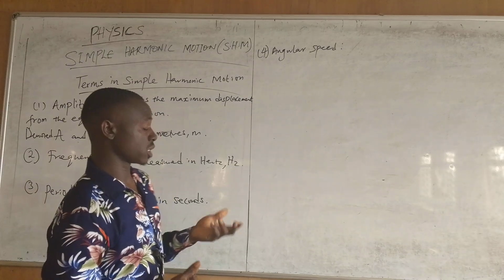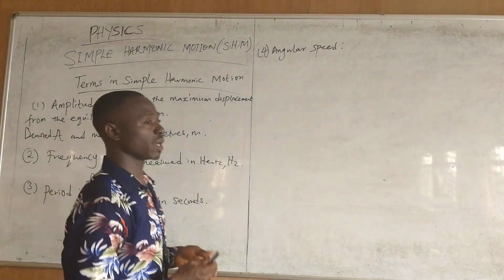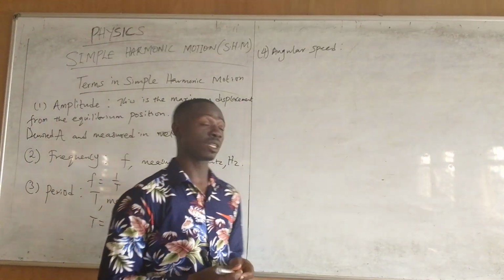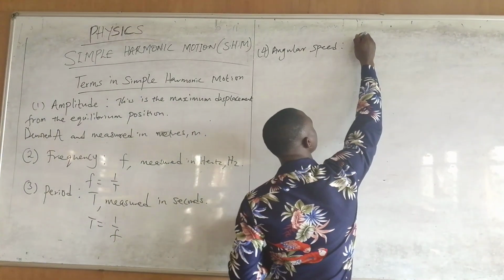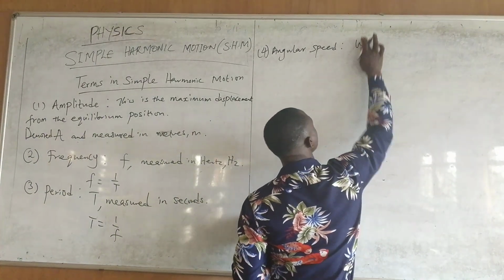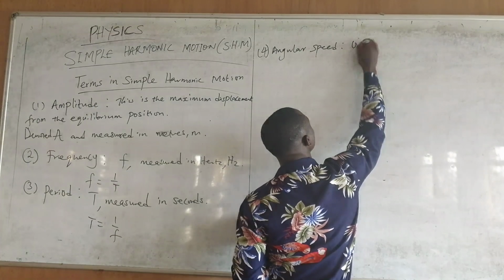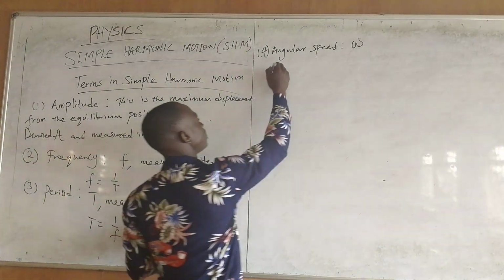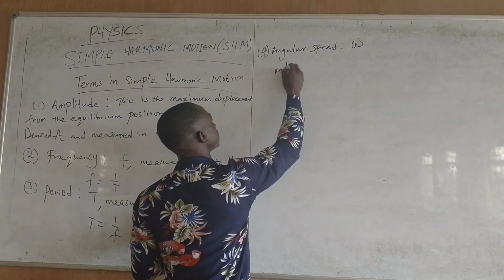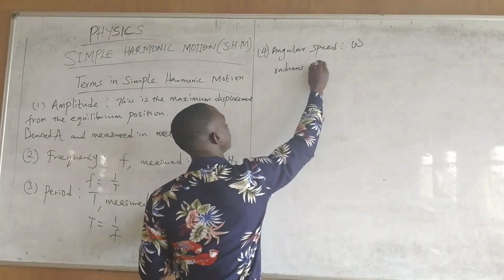Or angular velocity can be defined as the angular displacement per time. And it is denoted by omega. This is not W. It's a Greek letter, omega. And it is measured in radians per